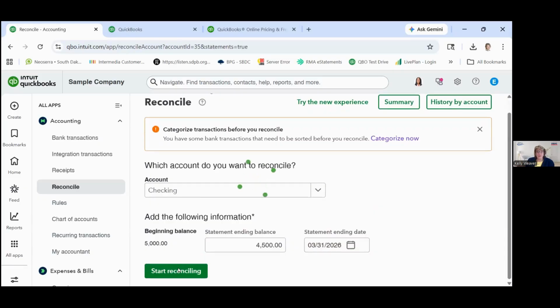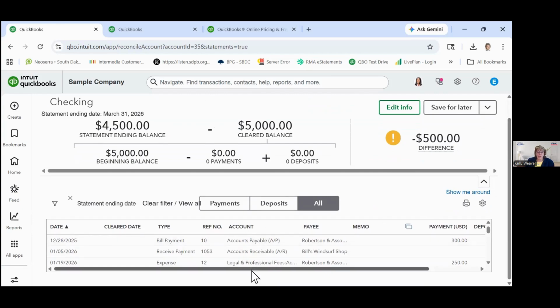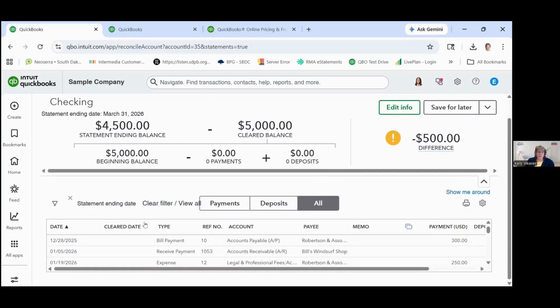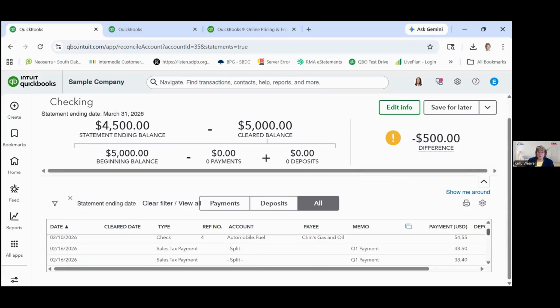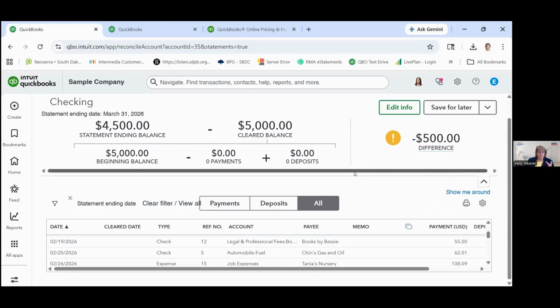So when I start reconciling, what I'm going to see is all the transactions that are unreconciled in my bank account, and I need to get this difference to 0. When I look at my bank statement, I'm going to click on all the items that are cleared till this is 0. And assuming everything's in there, it should get to 0. In fact, QuickBooks will automatically select items for you, and by the time you open this window, it might already be at 0. It gets good at doing this because it knows how to match all that stuff.